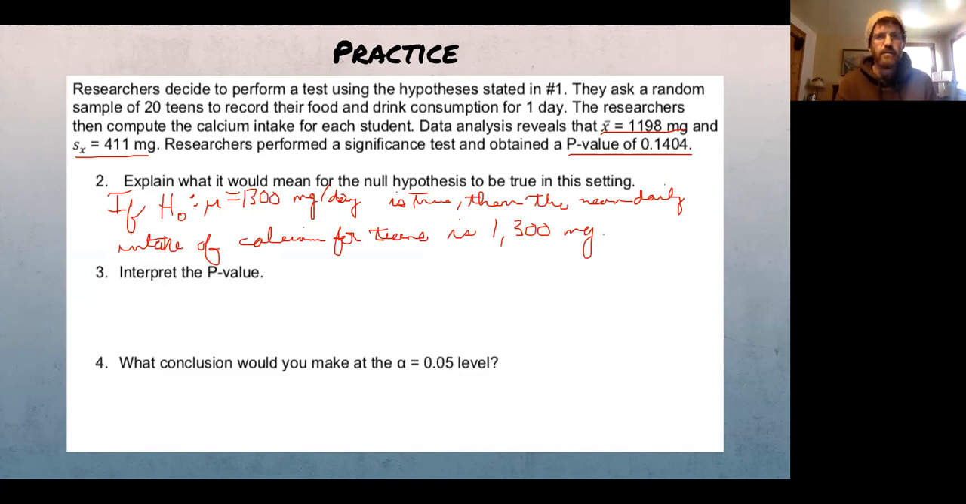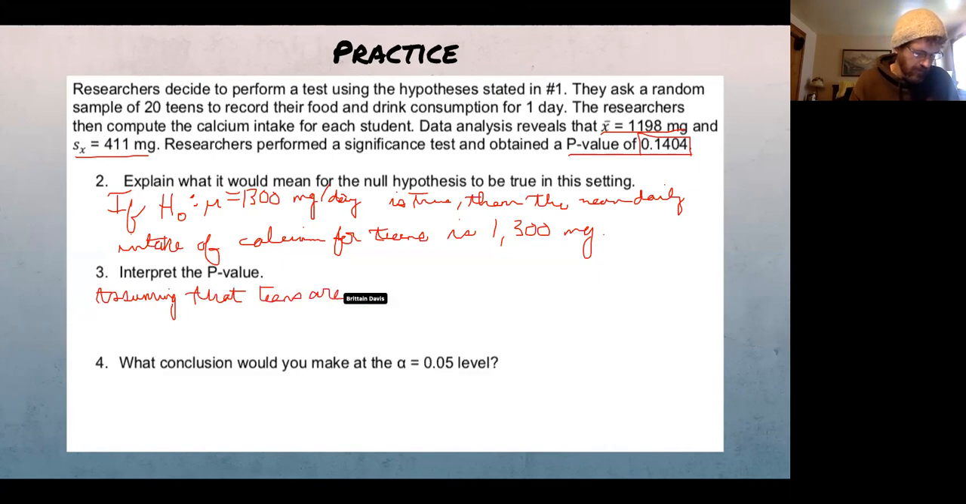Okay, but now the p-value. We need to interpret the p-value. And remember, the p-value is the probability of getting the results we did on the assumption that the null hypothesis is true. So assuming that teens are getting 1,300 milligrams per day of calcium,